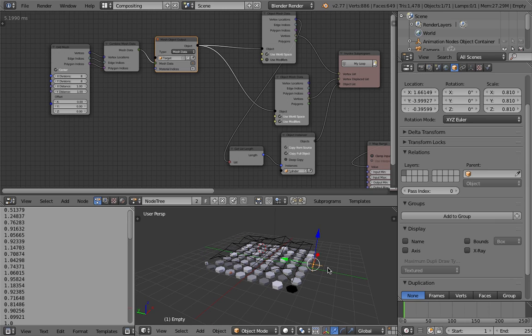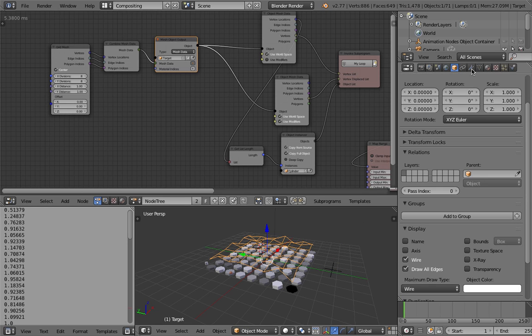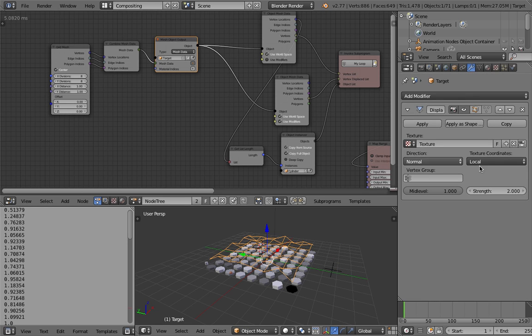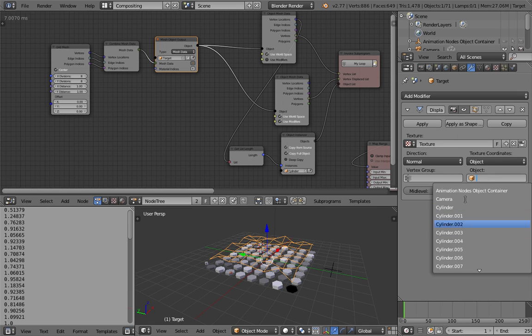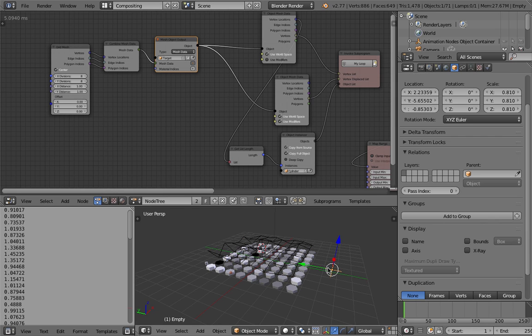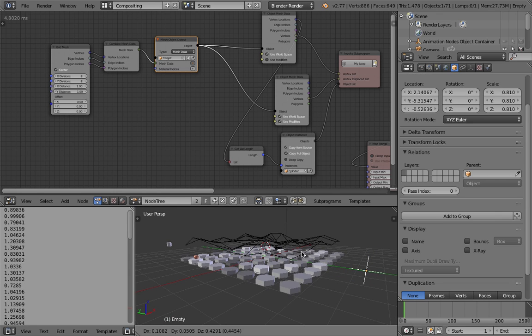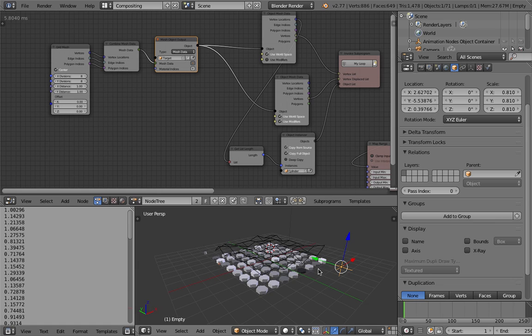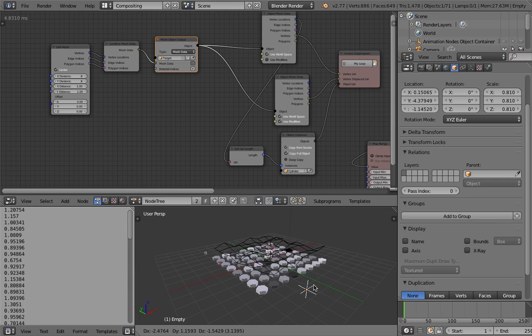So we have our, okay, texture coordinates being driven by object. Object should be our empty. Empty is driving the texture. Texture is modifying and displacing our mesh.